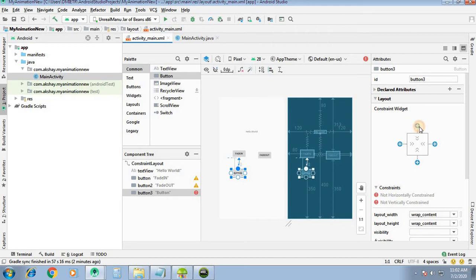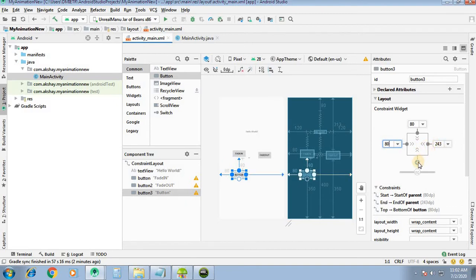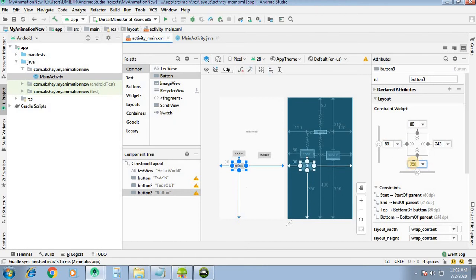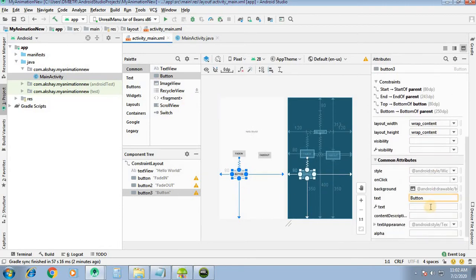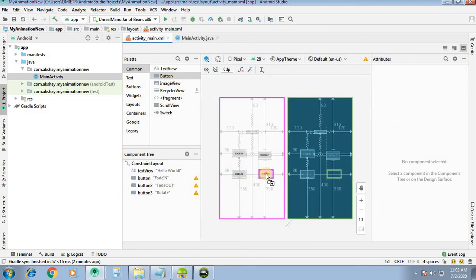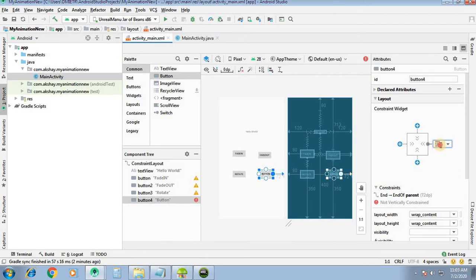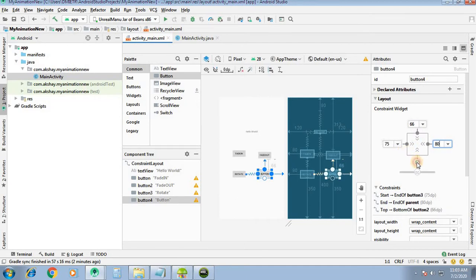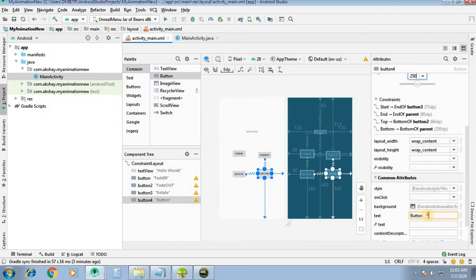Then we will have the rotation buttons. Set the coordinates for this. Here rotate, another button, here rotate 2.